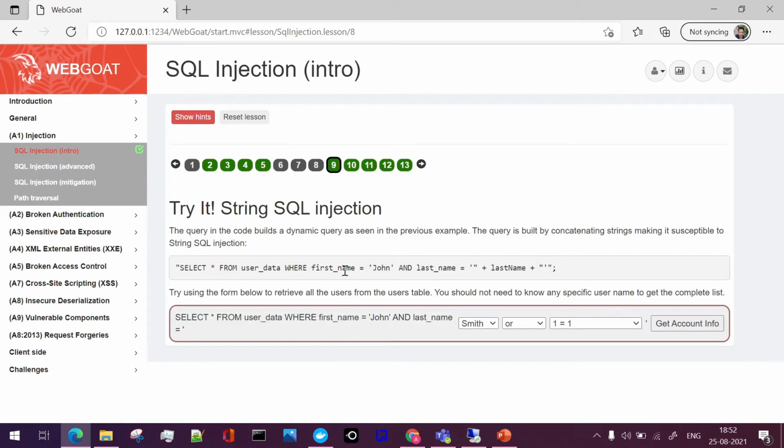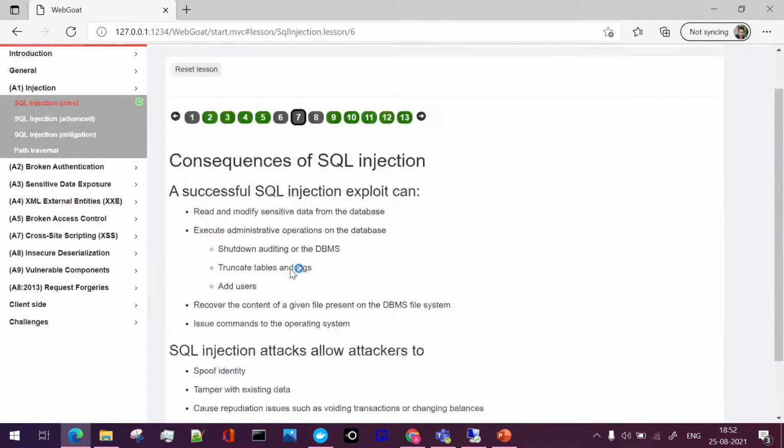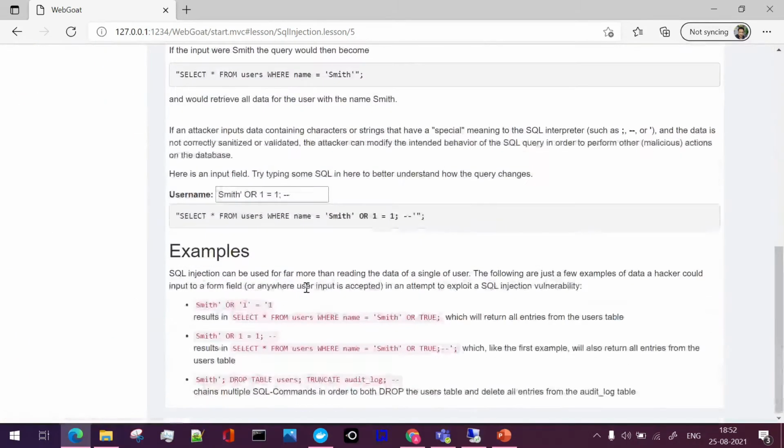Now coming to the actual part, we'll see how SQL injection actually works. Let's try the particular examples for which we have kept this session. Now let us try an actual SQL injection. Here we have seen how the query actually looks when it is passed to your database through your API server.